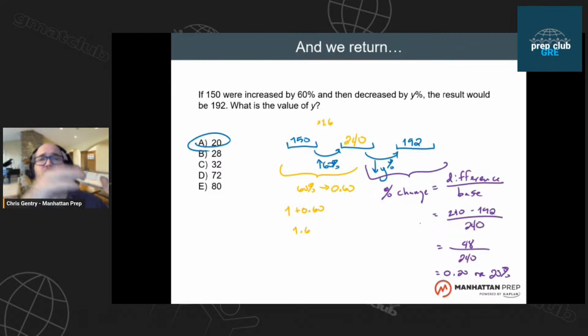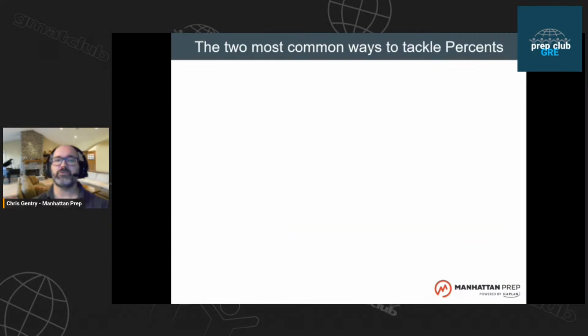So what we're seeing here is that a percent of relationship will always be a straight multiplication. X% of y is just x over 100 times y. A percent change will always involve some difference, some addition from or subtraction from some base value. So what we have here then is the two most frequent ways to tackle percentages. If you know the percentage but not the number,